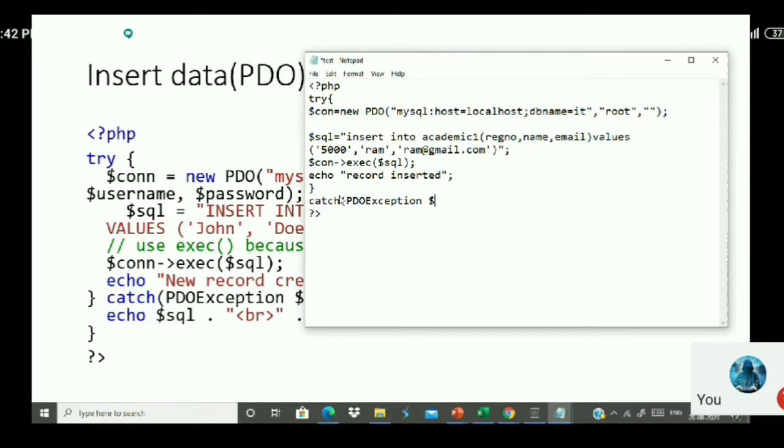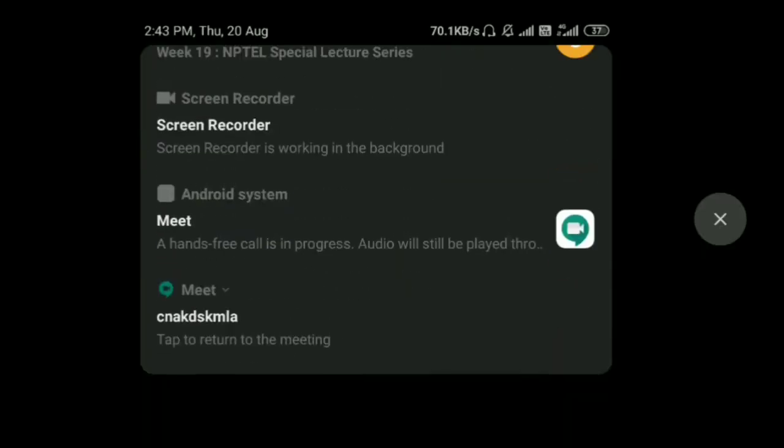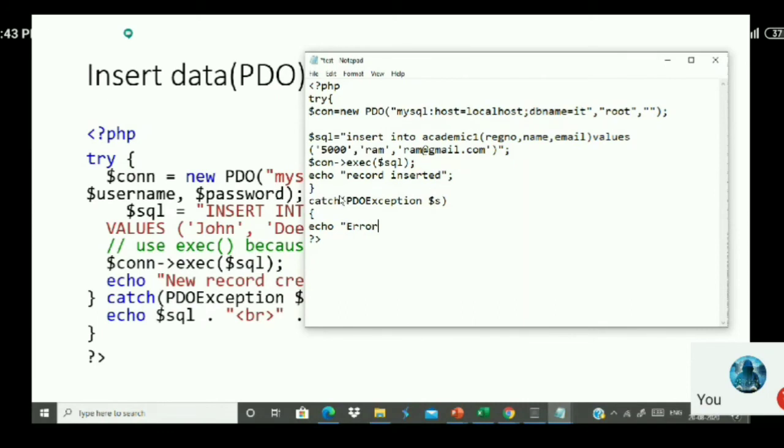I use $e, though you can use anything here. Then you echo the error, to mention what the error is. It will give you the specifics of the error. So $e is the variable here, and use this method called getMessage.